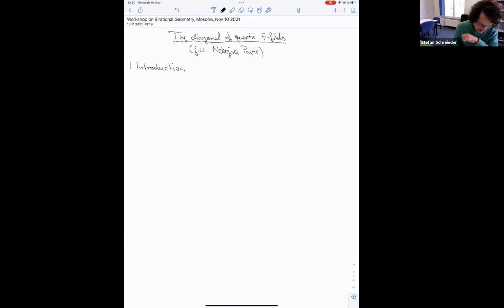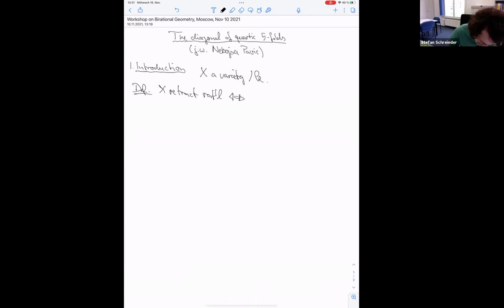So I'm going to talk about the diagonal of fourfolds, joined with Nebojsa Pavic. Okay, so let me start with a definition. So throughout, X will be a variety over a field K. And I'll be interested in retract rationality. So X is retract rational